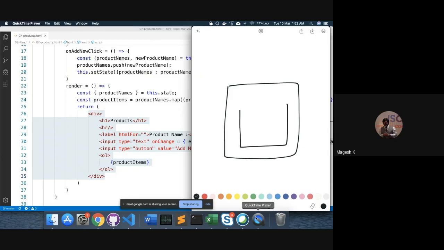And this is where we are, and then we are displaying the list of products. Now, if I display any of the component